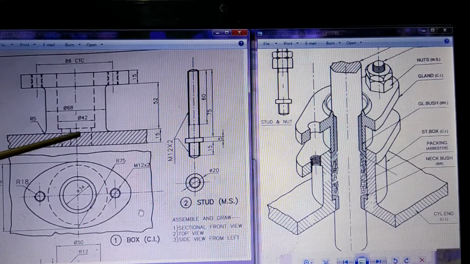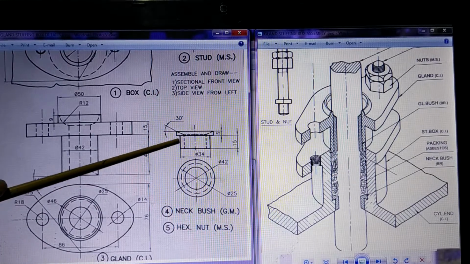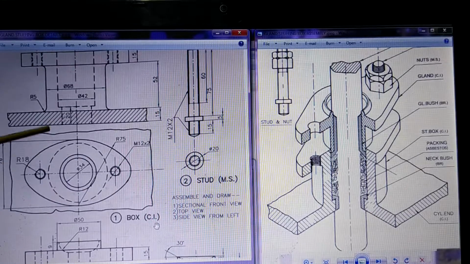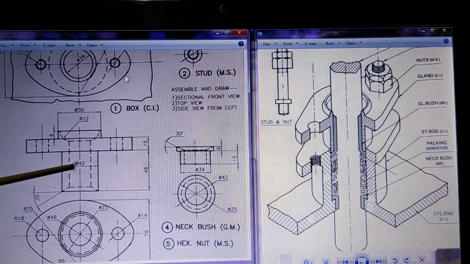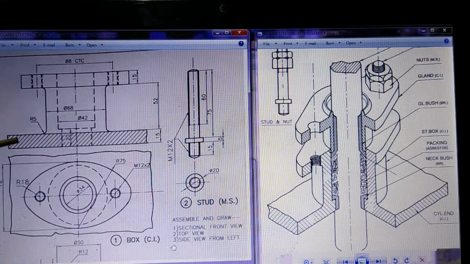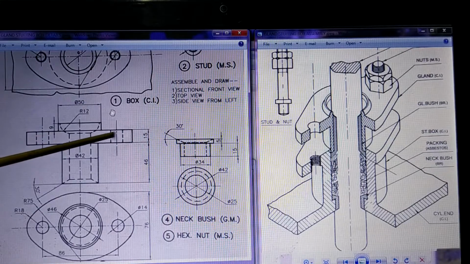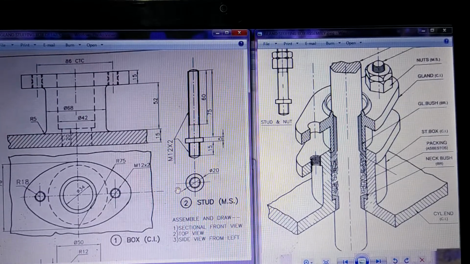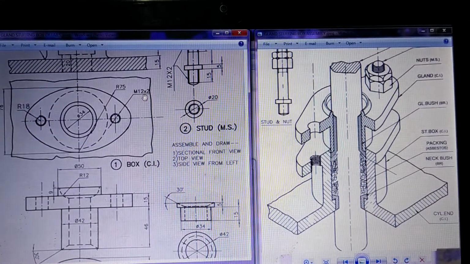That means this hole is of size 34 because in this 34 this is going to be fitted, and it has got outside diameter here as 42. So that 42 will be matching with this 42. Now this part has got outside diameter 42, so that 42 will go from here inside and then this flange will remain somewhere here. It will not touch. There will be some space between the two. You can see there is a space between the two.